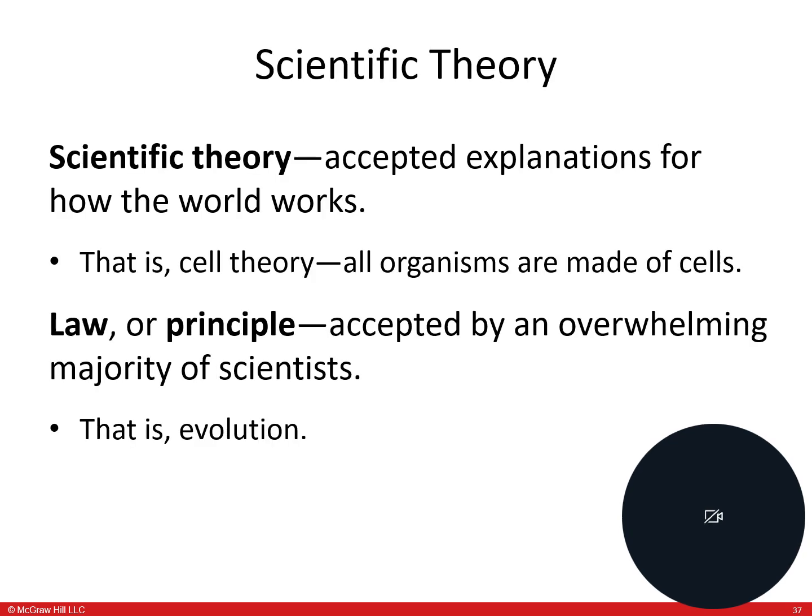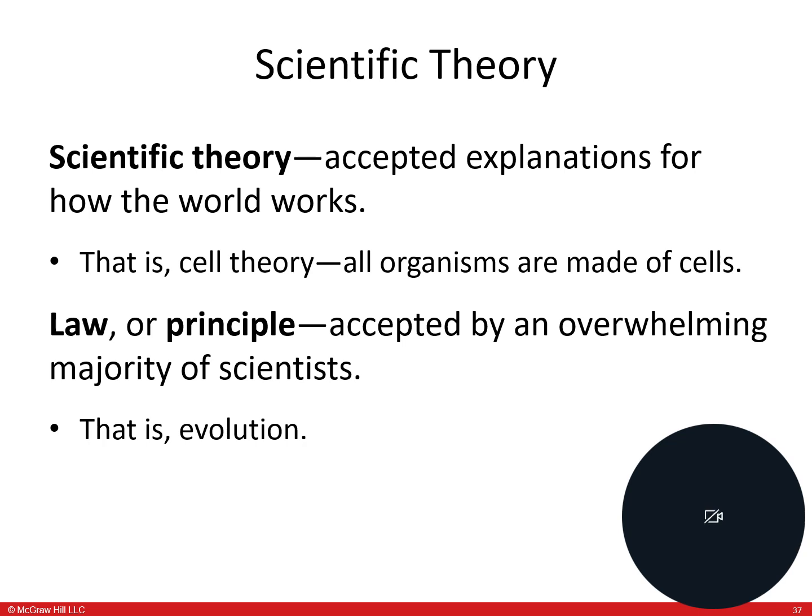So scientific theory, accepted explanations for how the world works, right? So there's lots of scientific theories. For instance, we thought that an accepted explanation for how the world works is that the world is round. If you've noticed, there's a new trend with a lot of flat earth people. Since the birth of social media, people are starting to claim, oh, the earth is flat. Well, I thought we already had a scientific theory that accepted it was round. But again, that's totally their prerogative. And like I said, one conclusion creates another experiment. Like, is the earth really round? Now they want to run an experiment the other way, which is what the world runs off of.